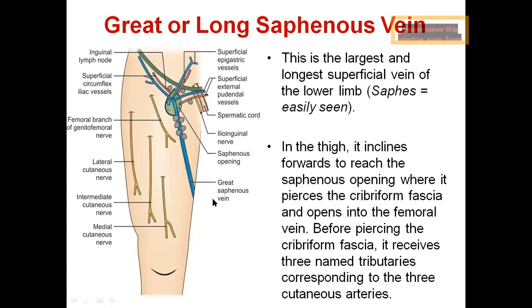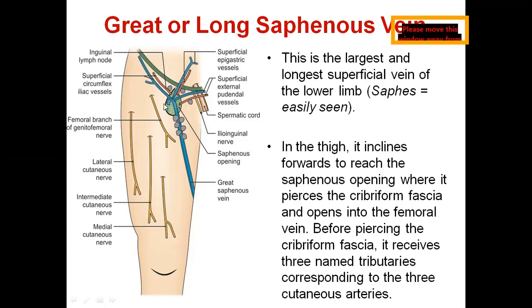Okay, so now see, great saphenous vein is passing through this saphenous opening. The saphenous opening will have a fascia which is like a sieve. Okay, so see what we usually use to filter the flour in our kitchens. Okay, that is sieve, porous. Okay, that is the meaning. So this sieve-like area is named as cribriform fascia. Cribriform in the sense the area which has lot of holes, pores. Okay, so that is actually the meaning of cribriform fascia.